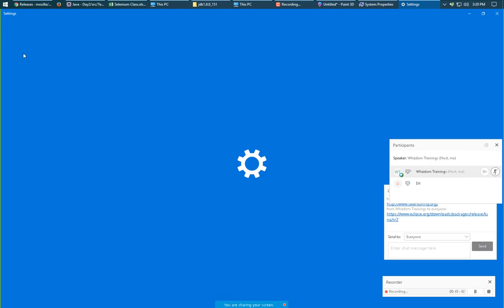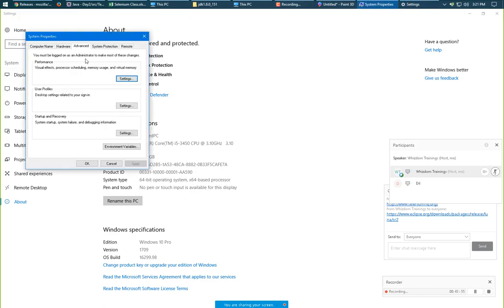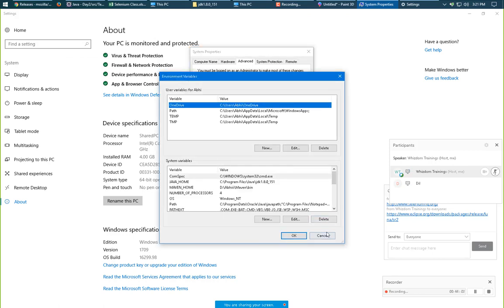There is an option called advanced system settings. It is showing me the latest version, so I'm not able to see that in the old screen. After clicking that, this kind of window opens. Then go to environment variables, and add those variables.